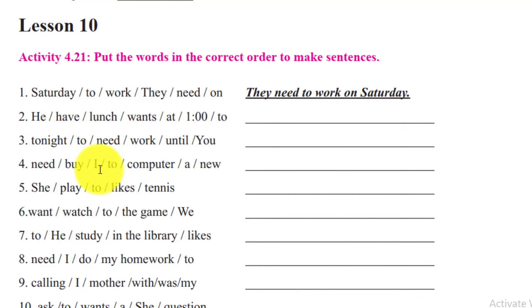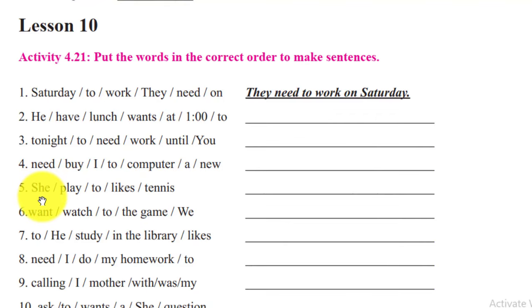Number 4: need, by. አሁንም እዚህ ጋር number 4 ላይ ምን አለ? ሁለት ቨርቦች አሉ. አሁንም መጀመሪያ ሰብጀክቱን አይደንቲፋይ የምታደርጉት: አይ ነው, ሰብጀክቱ አይ ካላችሁ በኋላ እዚህ ጋር ባይ የሚል ቨርብ አለ, ኒድ ቱ ጋር ደግሞ ሌላ ቨርብ አለ. ስለዚህ ሞዳል ኦክሲለሪ ቅድሚያ ይሰጠዋል: I need to buy ትሉና, ምን መግዛት አለብኝ ነው, ኦብሊጌሽን ነው. ምን? ኮምፒውተር ትላላችሁ. ኮምፒውተር ከማለታችሁ በፊት ግን there is what, an adjective አለ, ኮምፒውተሩን የሚገልጽ: what kind of computer? A new computer ትላላችሁ ማለት. I need to buy a new computer.